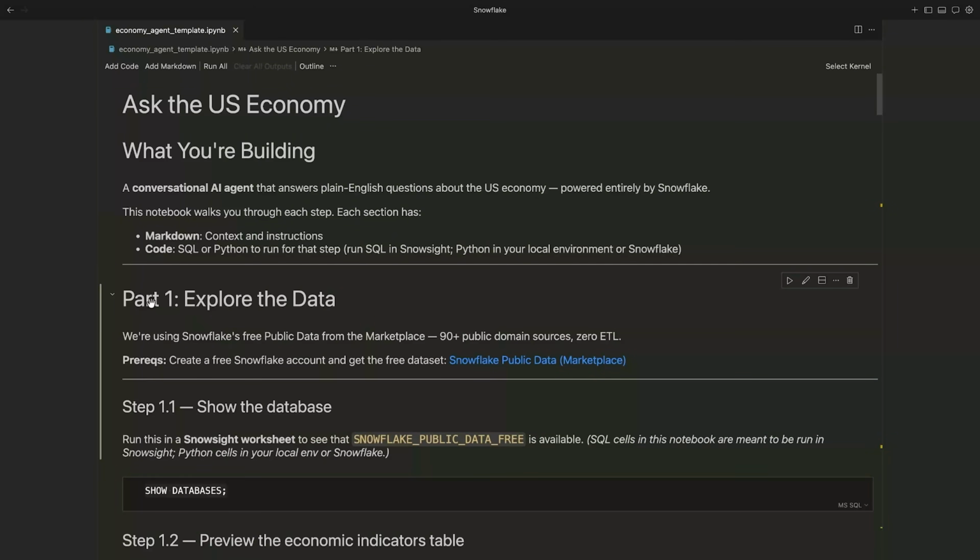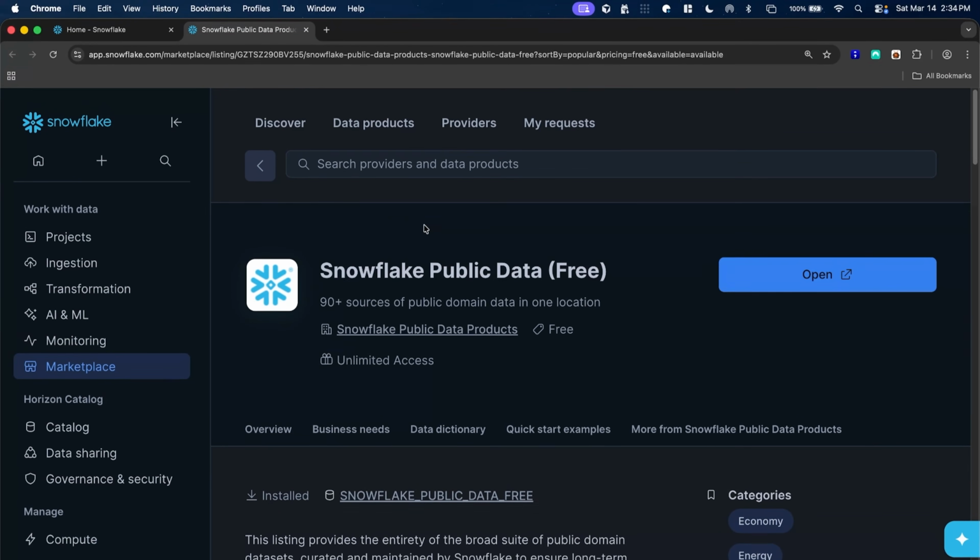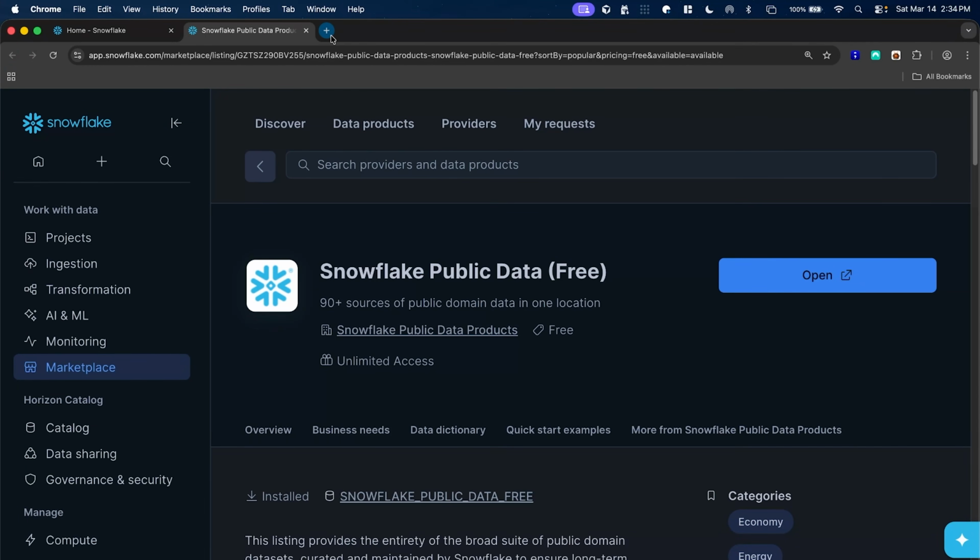Once you've got that notebook, we're going to move to step one, which is getting the data and then exploring it. In any type of data project, whether you're doing an ML model or analyzing some data, the first thing you need to do is understand the data. Now, in our case, we need some data source,